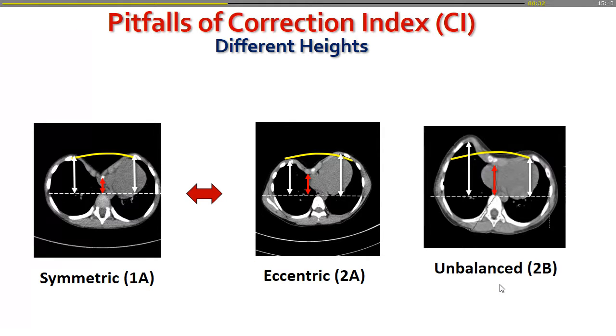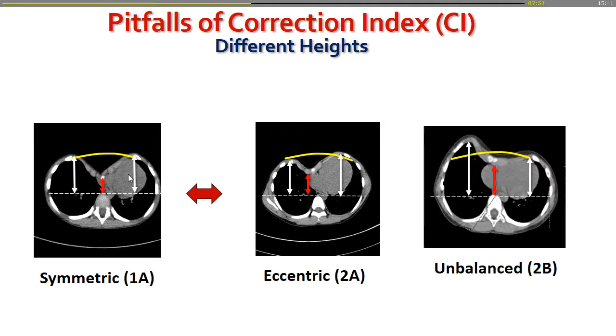And then recently, we have another index, the correction index, which came out from the United States. And it had a lot of applause from all of us, except me. This indicated exactly how the Heller index is incorrect. And then the authors devised a new index, which is correct. But I don't think it's correct, because in the symmetric types, that is the ratio between the red one and the white one. So in symmetry,